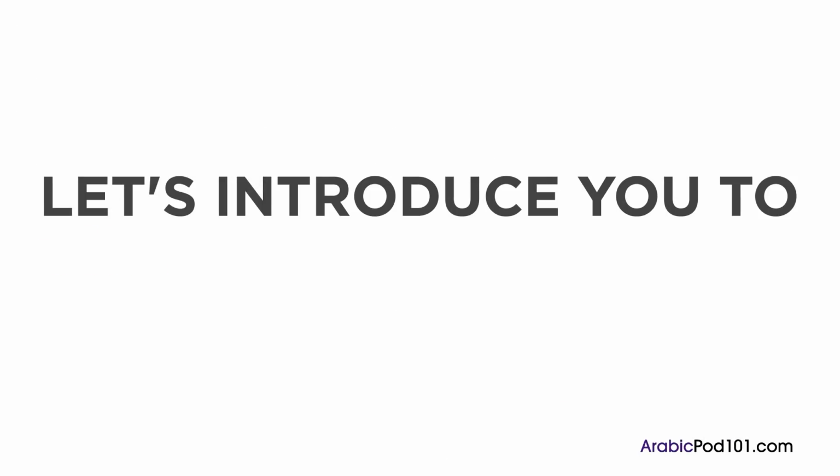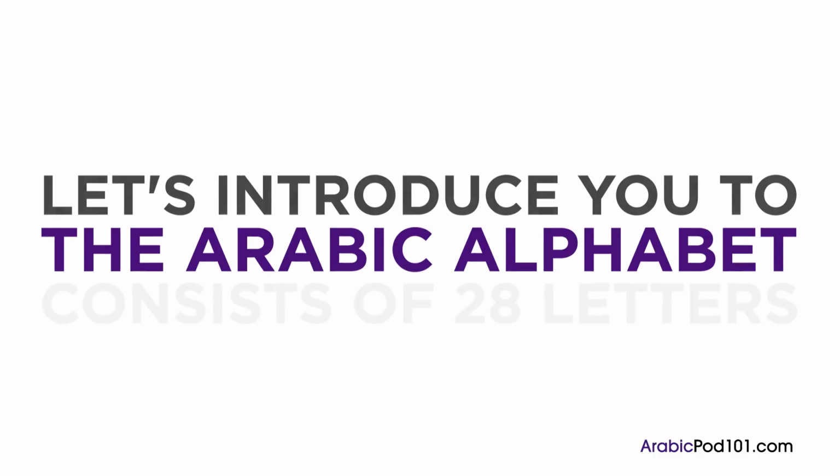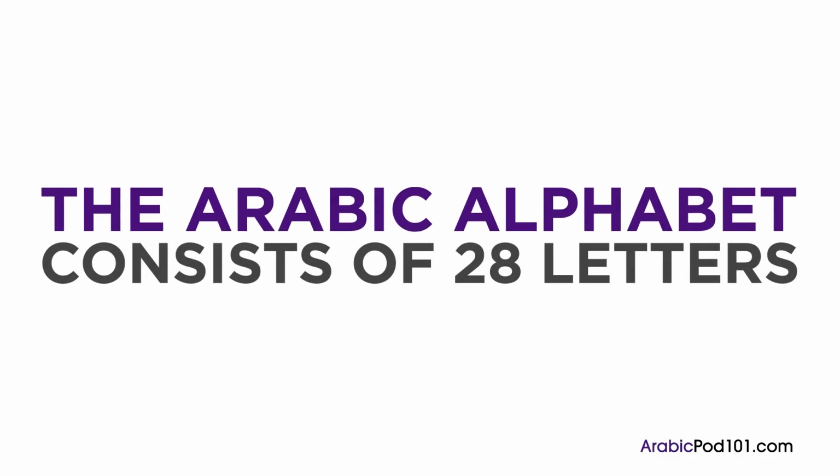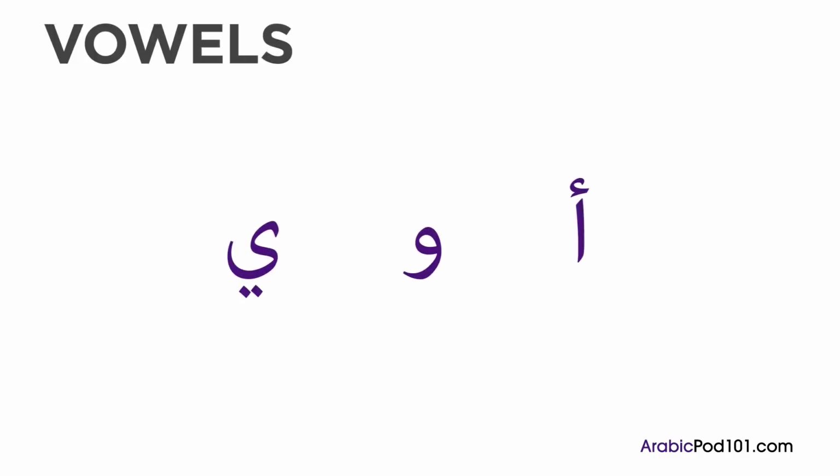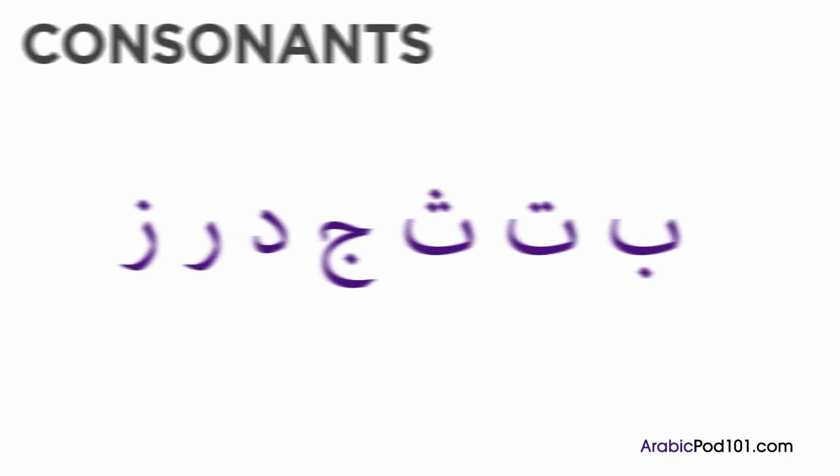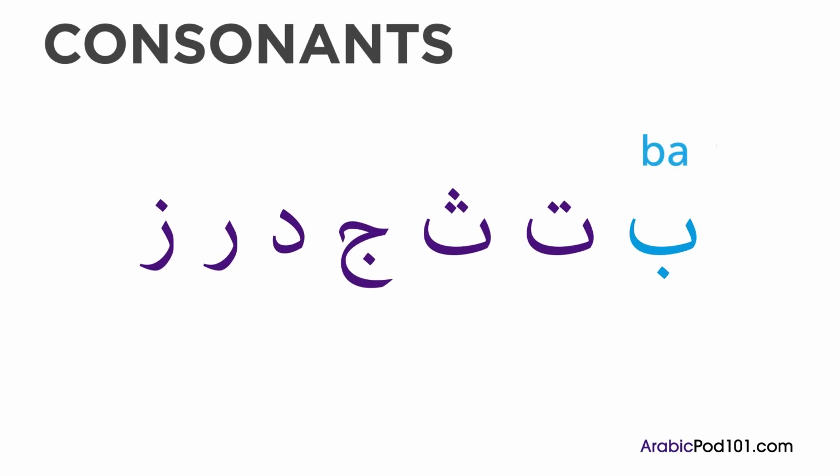First, let's introduce you to the Arabic alphabet. The Arabic alphabet consists of 28 letters. There are 3 vowels, Alif, Wa, Ya. The rest are consonants. Ba,